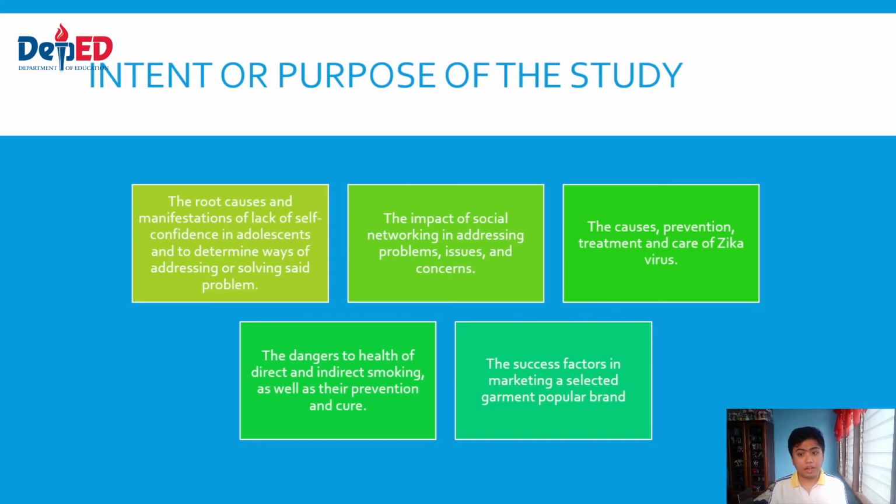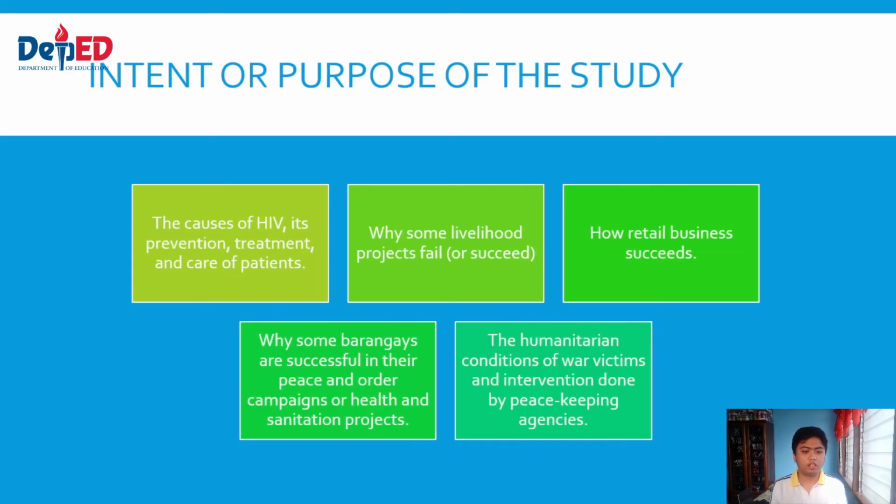These are just examples of possible intents or purposes of those research titles that I mentioned in our previous video. Another is the cause of HIV, its prevention, treatment, and care of patients; why some livelihood projects fail or succeed; how retail business succeeds; why some barangays are successful in their peace and order campaigns or health and sanitation projects; and lastly, the humanitarian conditions of war victims and interventions done by peacekeeping agencies. So, if you notice,